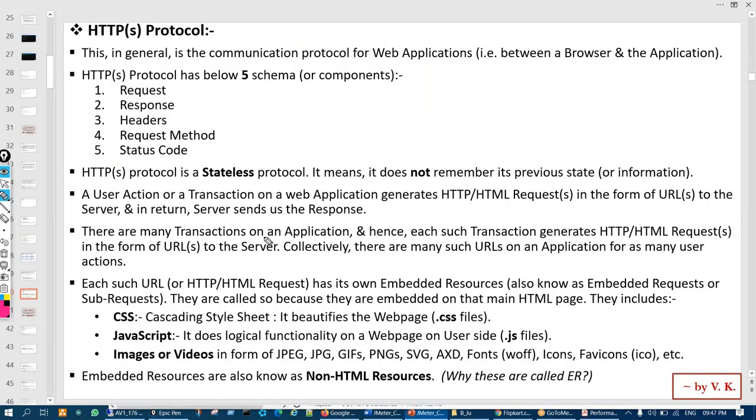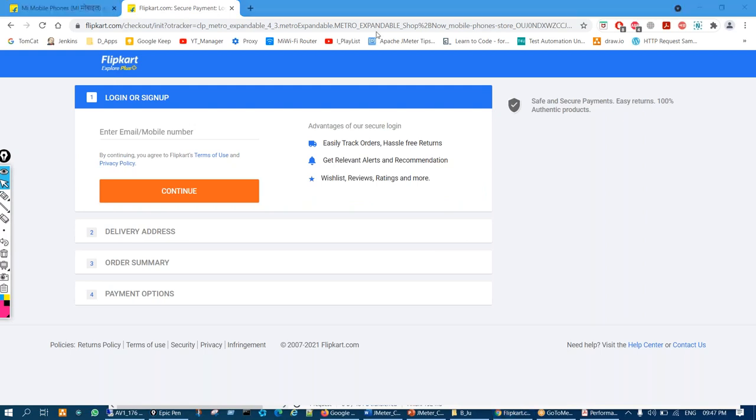Now, any website, this happens, right? So a user action or a transaction on a web application generates an HTTP HTML request in the form of a URL to the server, and in return the server sends us the response. So anything you do, any user action you do, so let me